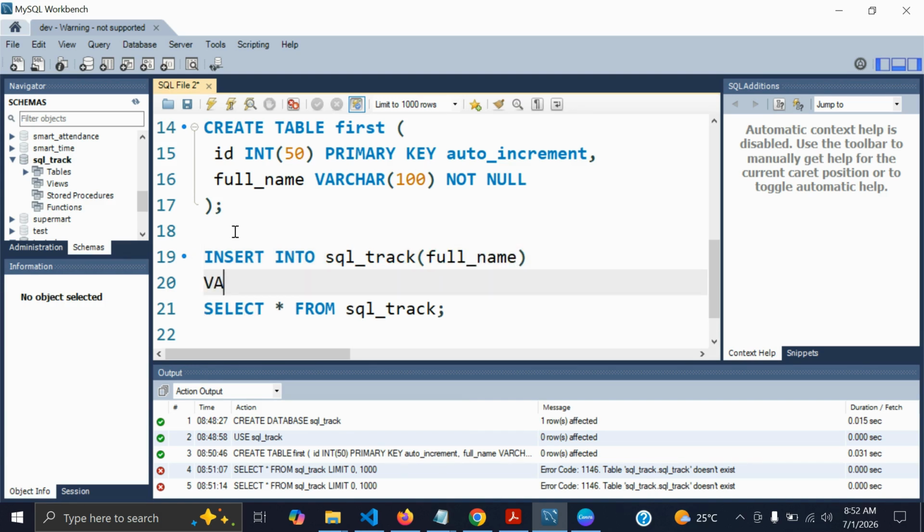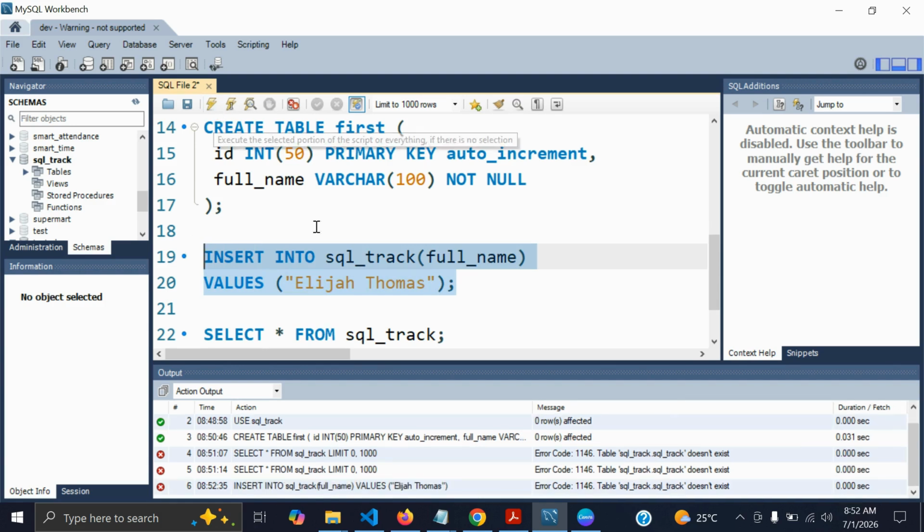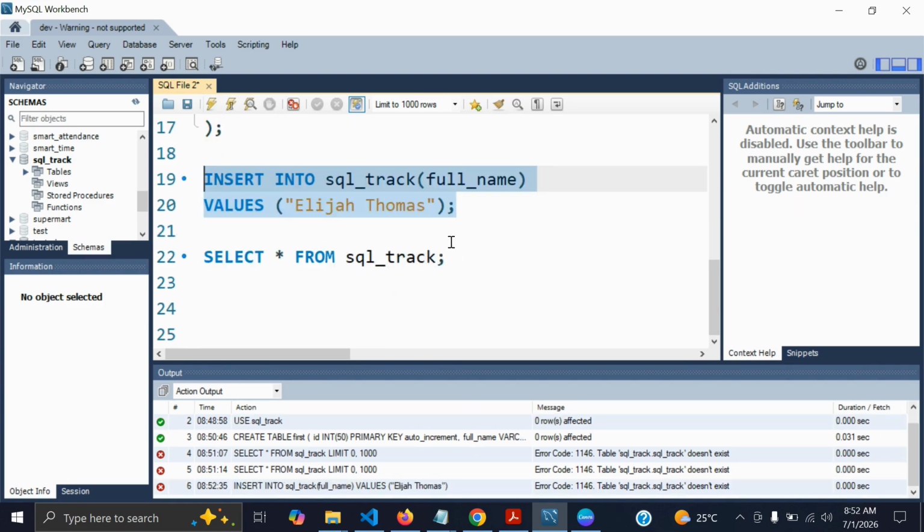And what values do you want to insert into it? Let me just insert my full name. Let me say my name is Elijah Thomas, for example. But that's not my name anyway. But let's just say that's my name. And I end this with a semicolon. So this will add a new name, Elijah Thomas, to position 1 for me. So that way, if I'm doing a select,